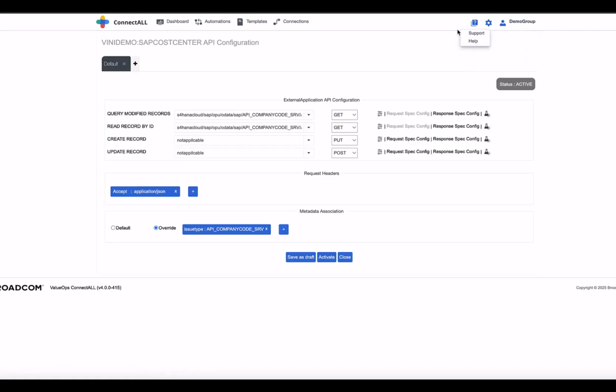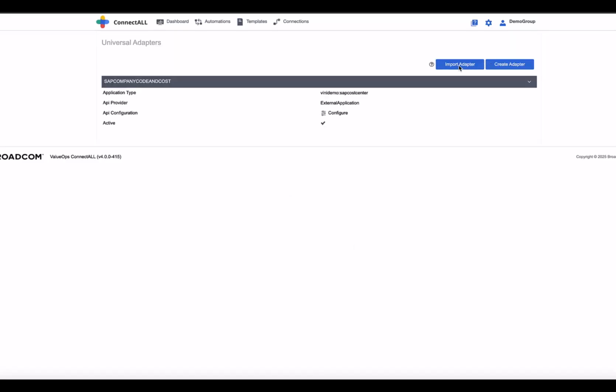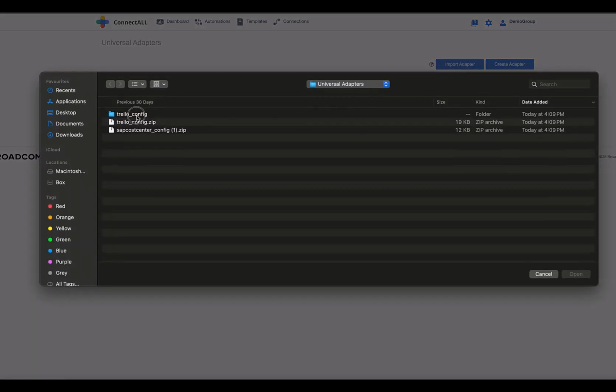So let me go into the universal adapter, and I have a universal adapter with Groovy.